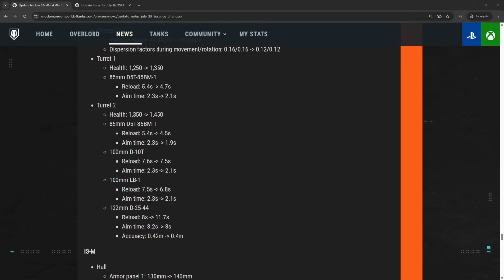So for turret 2, different guns getting buffed. The 100 mm buff from 7.5 to 6.8, aim time from 2.3 to 2.1. And 122, who likes to play that high alpha, is also getting...